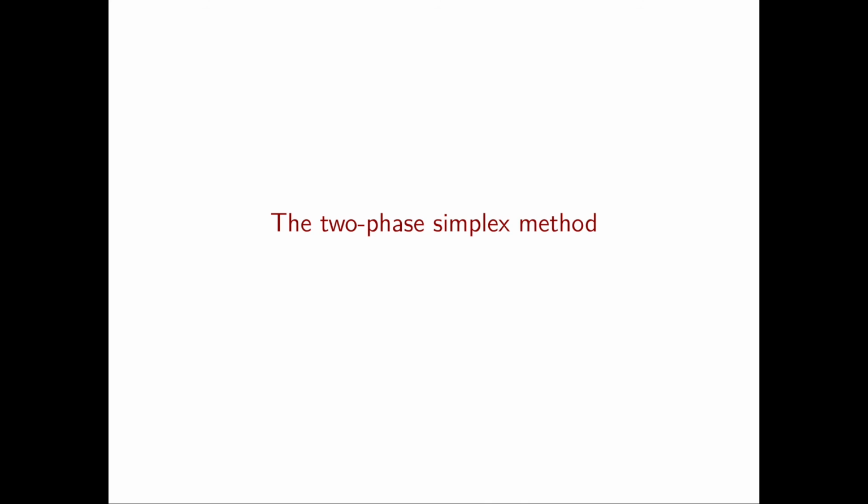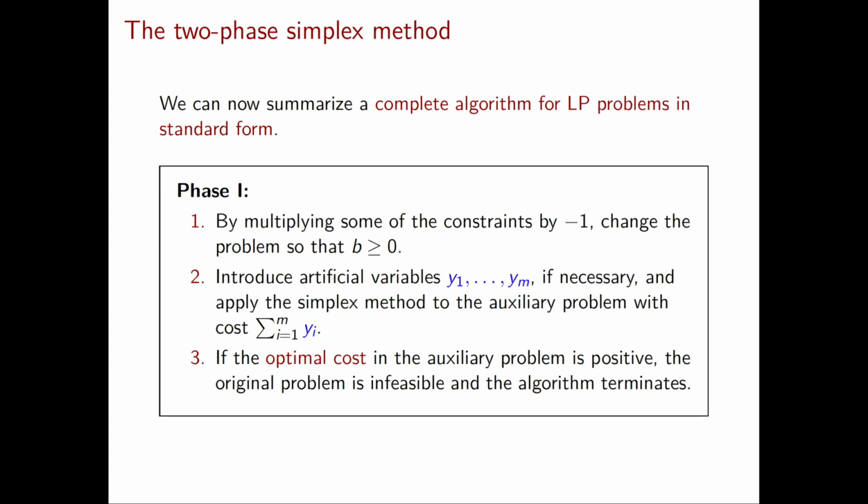At this point, we have fully understood how we can solve a linear programming problem in standard form with the simplex method. The resulting simplex method will be called the two-phase simplex method. Why do I call it two-phase? Well, because the first phase is the one where we need to find an initial basic feasible solution, and then the second phase is when instead we start from such a basic feasible solution and run the simplex, and end with an optimal basic feasible solution.